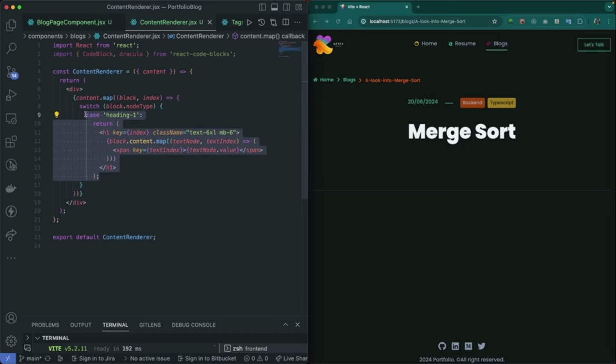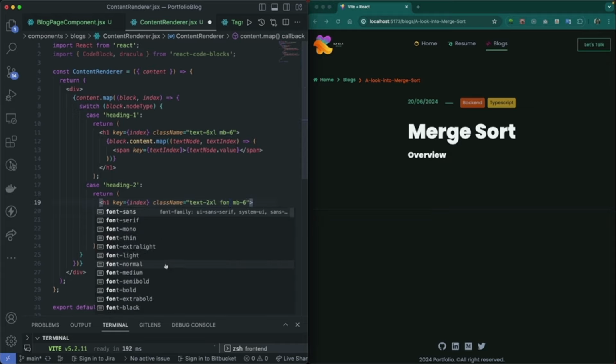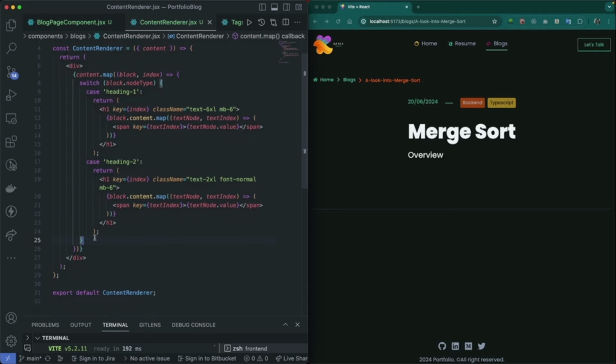Let's go ahead and copy this and make the same for header 2. So change this to header 2, and as you can see, we have it there already. We will change this to 2, and we'll make the font weight normal. Yes. So that's for our header 2. You can also decide to give it a different font weight. All right. So the next one we have is the